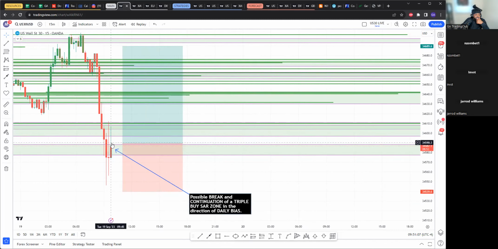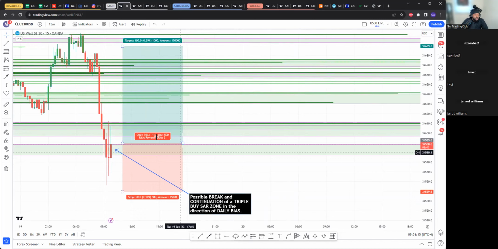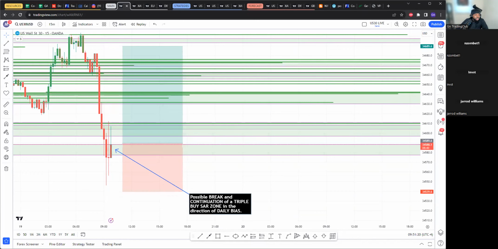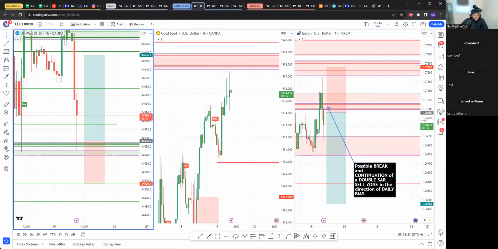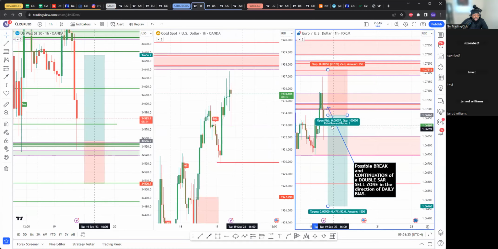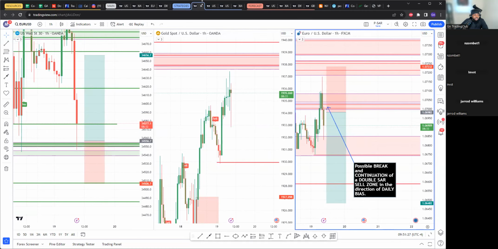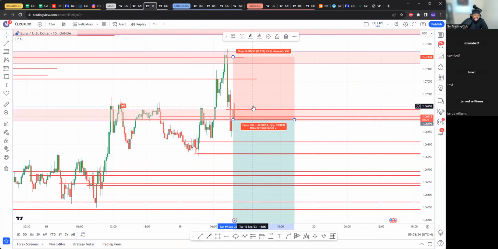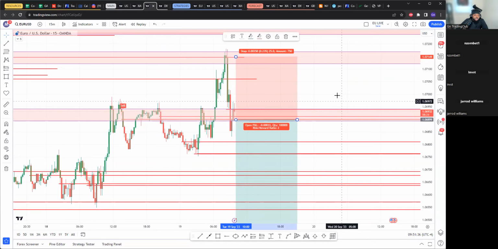So if this candle does not close above this zone, the break candle would be invalidated. So there would be no need to wait for the next candle or the continuation candle to come in. I would like EU to pump up or to come back a little bit further, but keep in mind on the 15-minute, the buy is valid, but I want to do my entry based off of the 1 hour